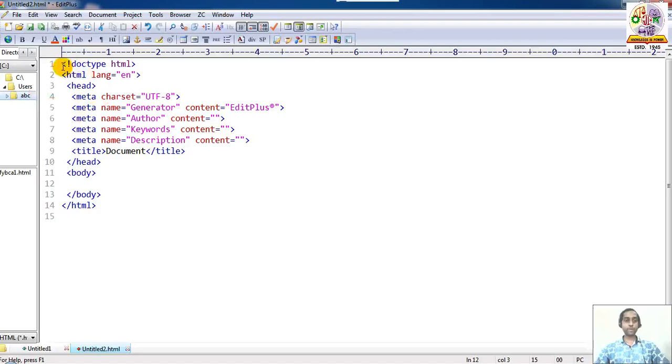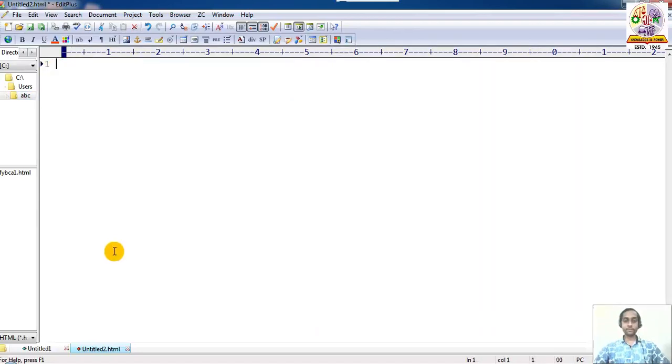Firstly, we have to start at the primary level. First type the HTML tag, also the end of HTML. Then an important tag is the title tag, end of title tag.